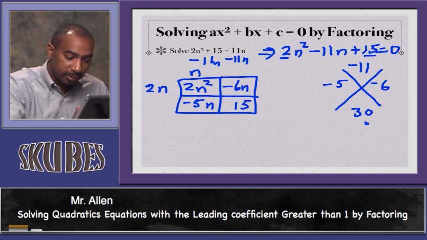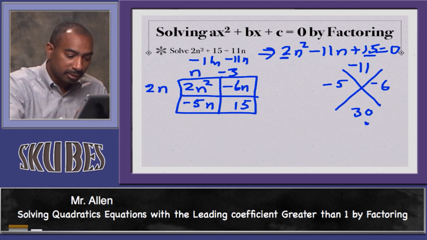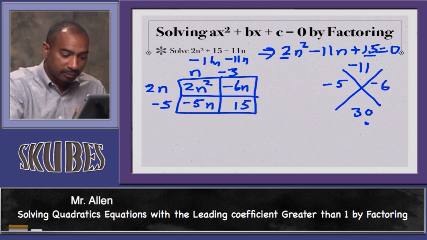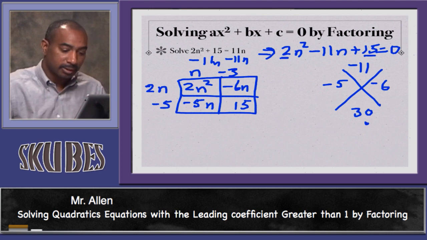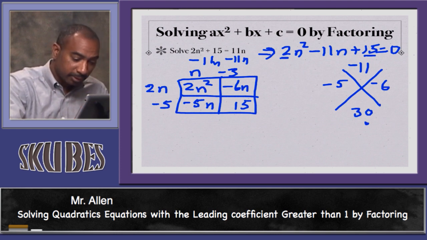And what times 2n gives me negative 6n? That should be negative 3. All right, and what times n is negative 5n? That should be negative 5. And negative 5 times negative 3 should be positive 15. So it checks out. So your two factors are going to be 2n minus 5